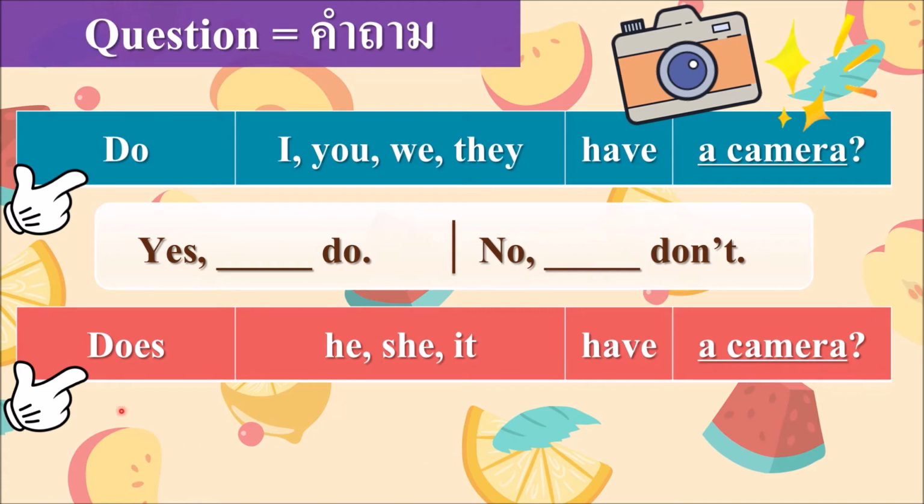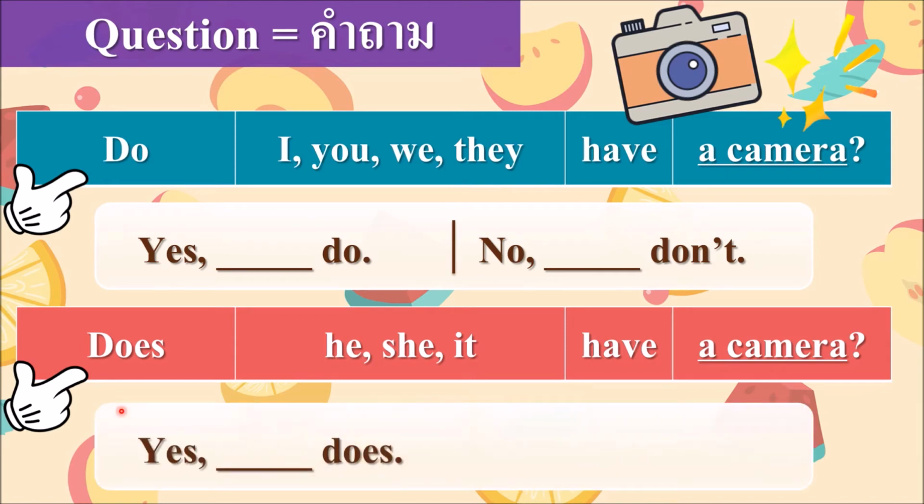If the answer is yes, we say yes. And in the blank, for example, does he have a camera? Yes, he does. If the answer is no, no, he doesn't. Doesn't is a contraction from does not. Okay, next,